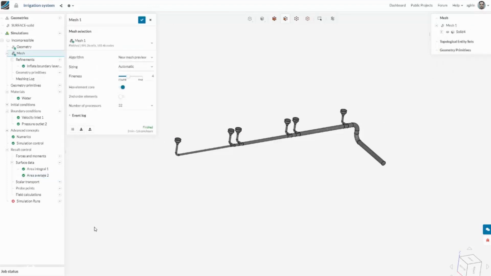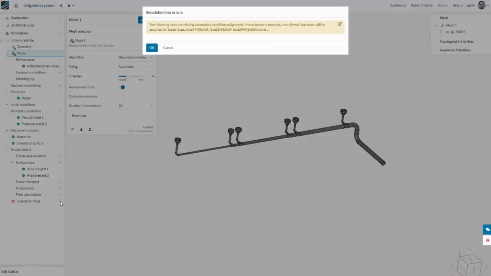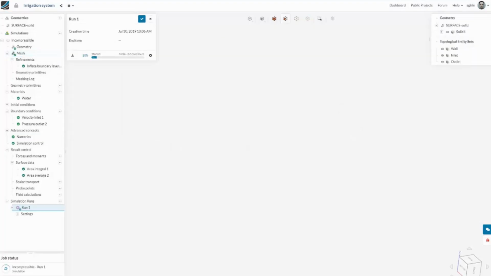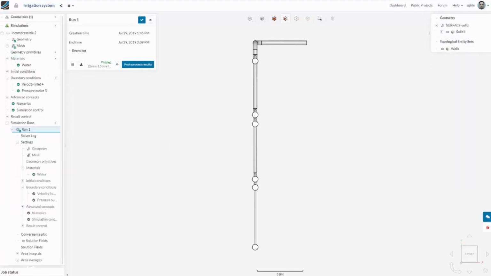Our mesh has now finished being generated, as you can see, within 3 minutes. We're now ready to start our run by clicking the simulation runs plus button here. We have an error showing that we haven't assigned all the faces to a boundary condition, but in this case a no slip wall boundary condition will be assumed for any of the faces we haven't assigned to a boundary condition. Click start. So our first run is finished in 22 minutes